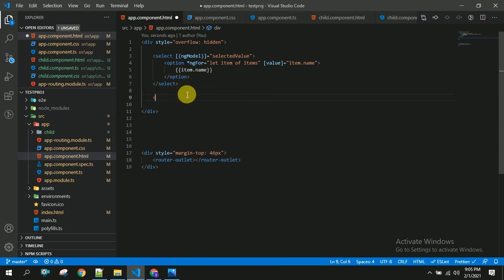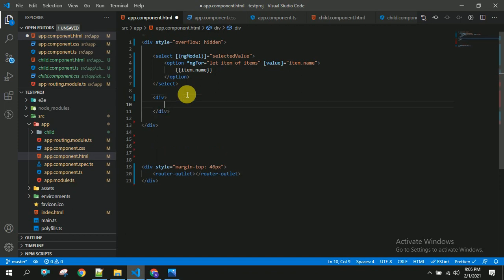Here I am going to take a div, inside this div I have 3 another div elements.